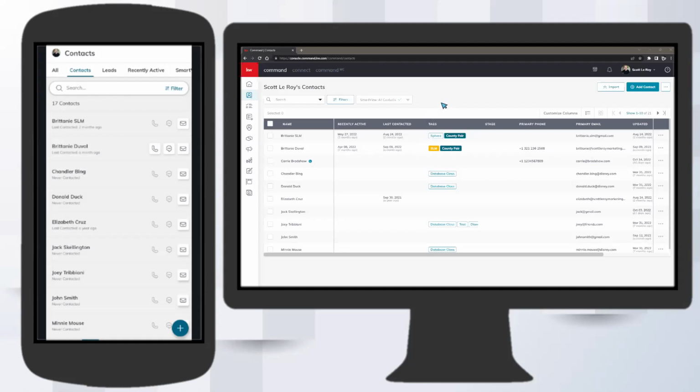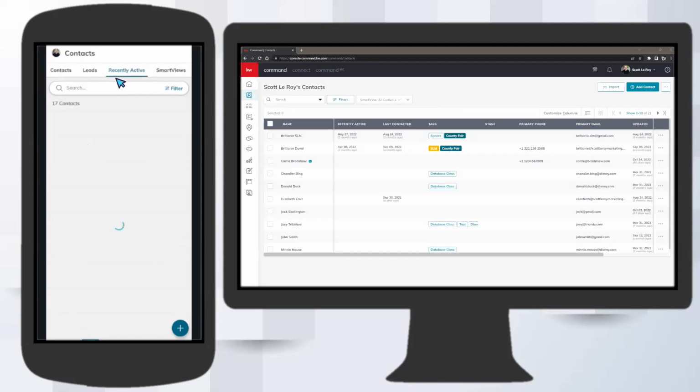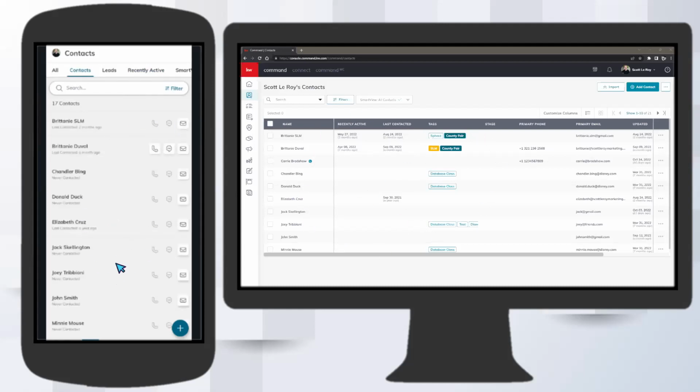As we're taking a look a little bit further, again, you have your recently active. We'll go ahead and give that a click. And again, that should have those additional individuals that are not showing up in that contacts right there. So you have myself, and you have a couple additional sample contacts. But at any point in time, if you wanted to add additional contacts, you could do the very same thing. You can either add it from your KW command platform, or you could add it from your mobile device right here. We're going to add it from our mobile device by clicking on this blue